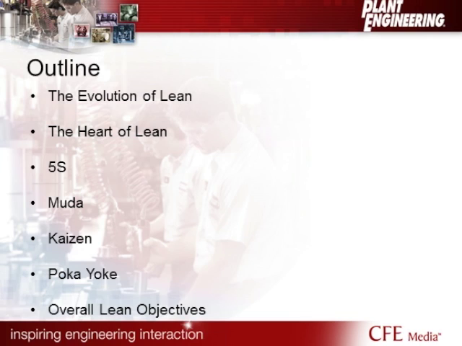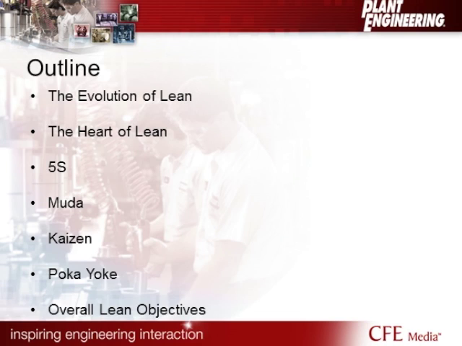So our topics today, we're going to look at the evolution of Lean. We're going to look at where it came from, who was involved as it went through that process. This helps actually quite a bit because once you really understand where Lean came from, you start to understand who contributed. You can begin to study those individual contributors and see how it all fits together when we talk about Lean maintenance. The next thing that we'll talk about is the heart of Lean and a few key concepts.